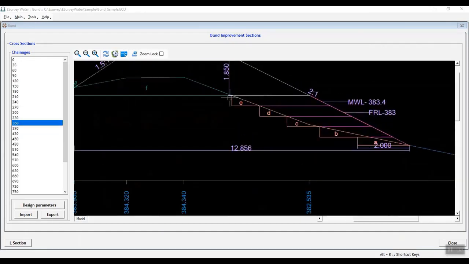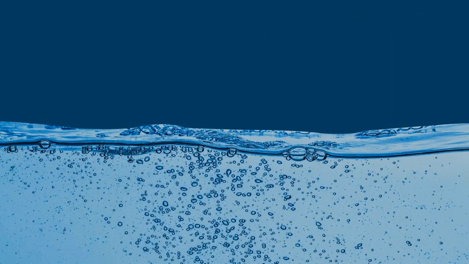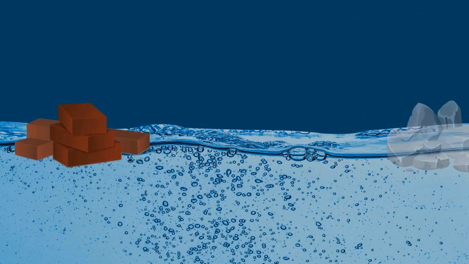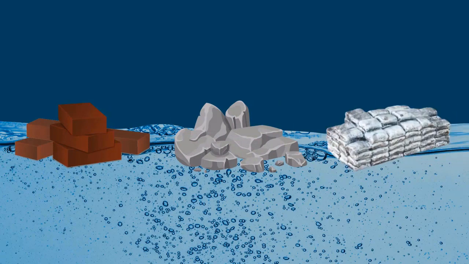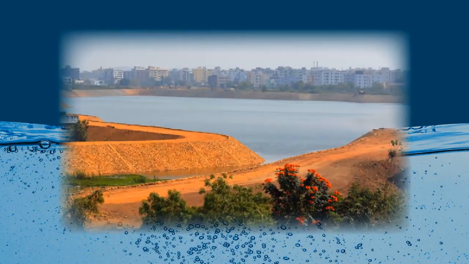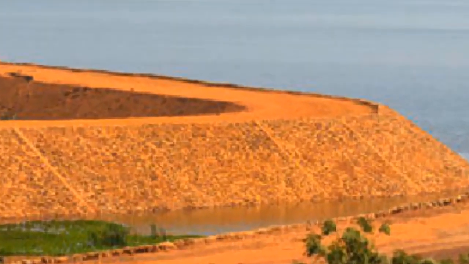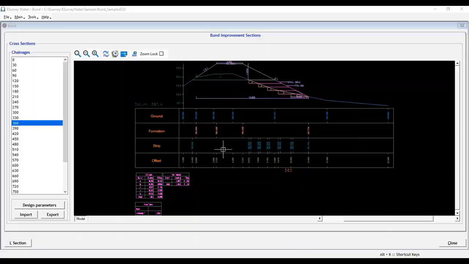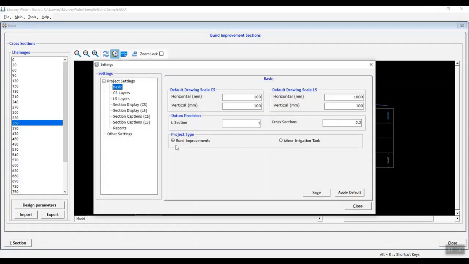Tank bund or earth bund is an impervious embankment of earth or a wall of brick, stone, concrete, or other suitable material, which may form part or the entire perimeter of a compound that provides a barrier to retain liquid. You can use this extensively to create improvements to the existing tank bund or create minor irrigation tanks.